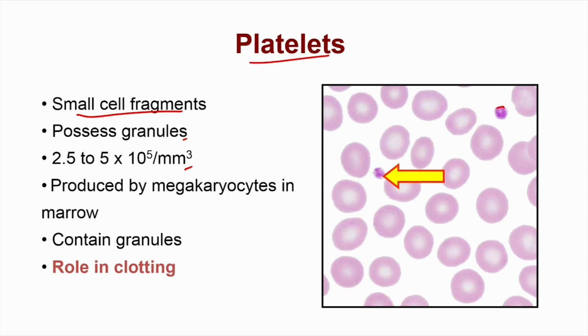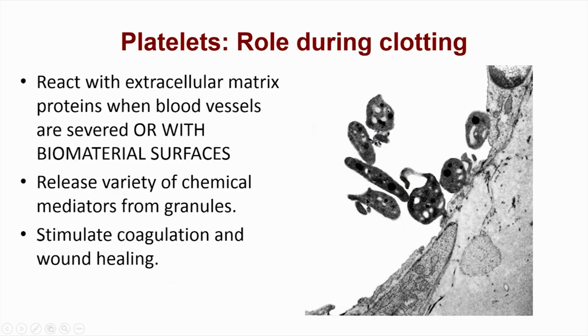So, you can see they are fairly small, much smaller than the size of blood cells, and their major role is to help with blood clotting. And how they do that is what we are going to study next. So, what platelets do is they react with extracellular matrix proteins when the blood vessels are severed or with a biomaterial surface. So, typically in the body, let us say if this is a vessel,